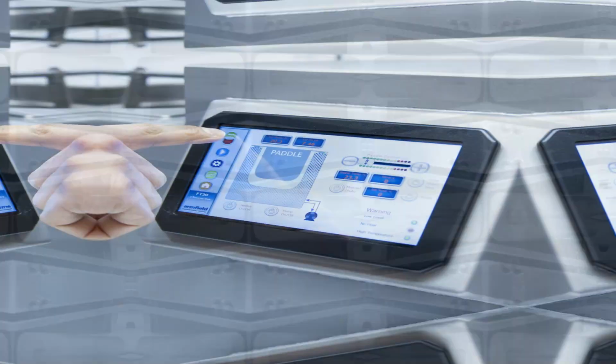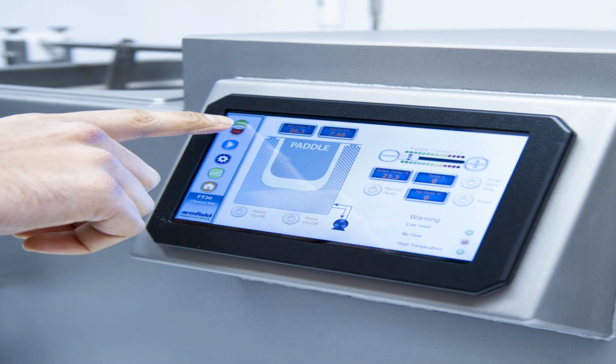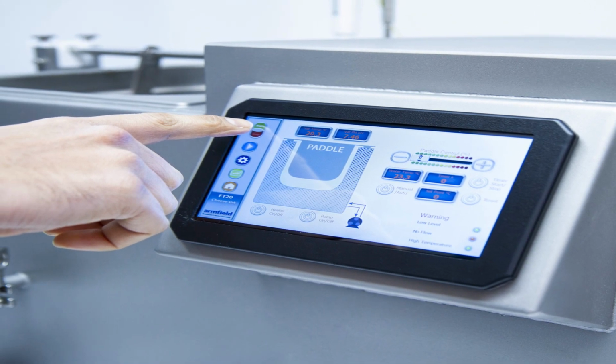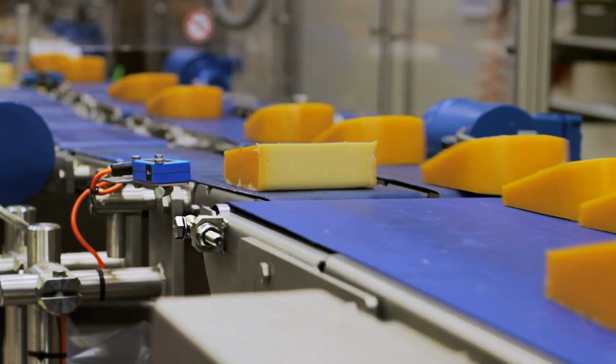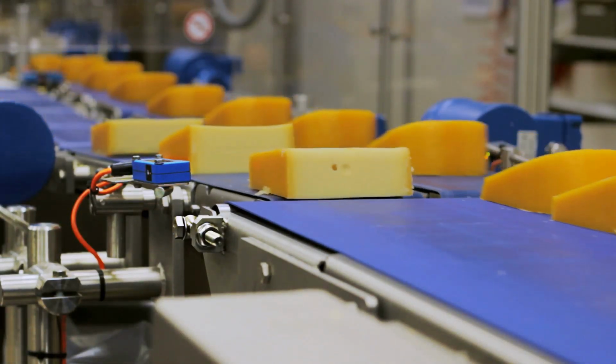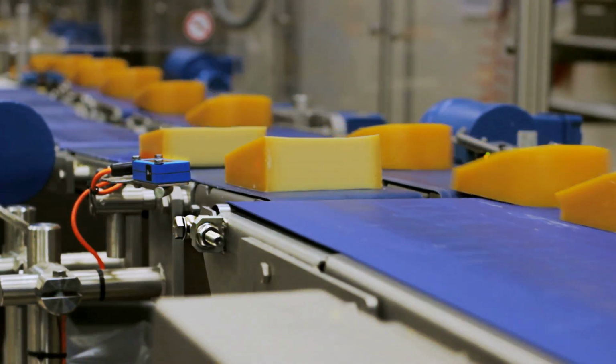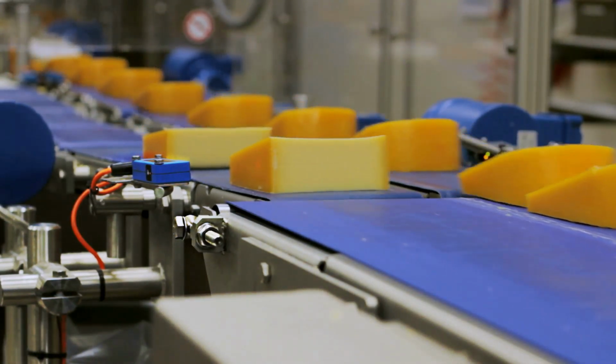For example, some cheesemakers are now using computer-controlled systems to monitor the pH and temperature of their cheese vats with pinpoint accuracy. This level of control allows them to create consistent, high-quality cheese batch after batch. Other innovations include the use of vacuum packaging to extend shelf life and prevent spoilage. However,